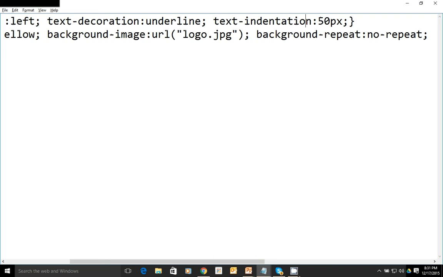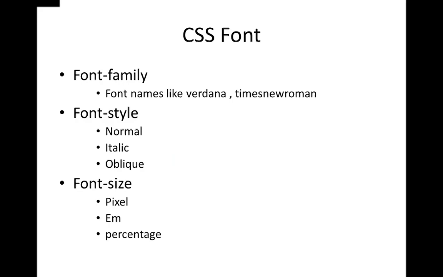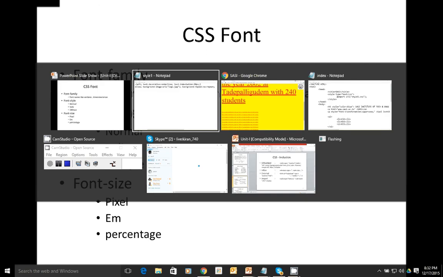The next one is font family. Font family in the sense font styles. In the font styles, the first one is font family. We have a lot of font families, right? Like Verdana font, Times New Roman font and all. You can make use of this font name to specify in which font style you want to print that data. Let's apply font family on a particular text, like say